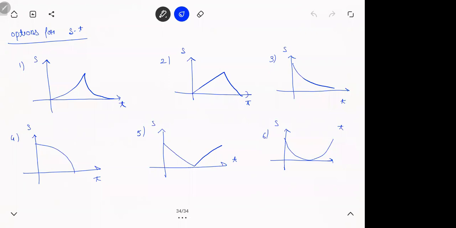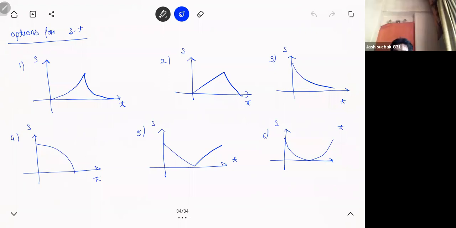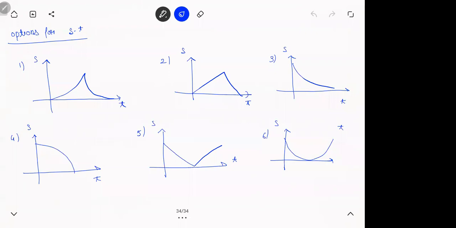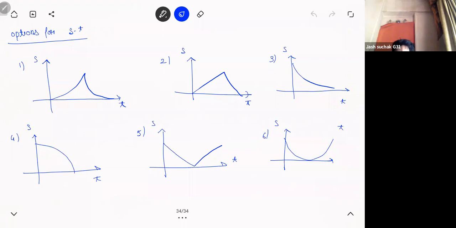Chalo, let's see. I'll ask you. Josh, what do you think? Tell me any one option. Which one is wrong and why? Astrology would be fine. No, astrology will punch you. Will you do this in the exam? Think, na. Riya, tell me, what do you think? Any option? Nothing?